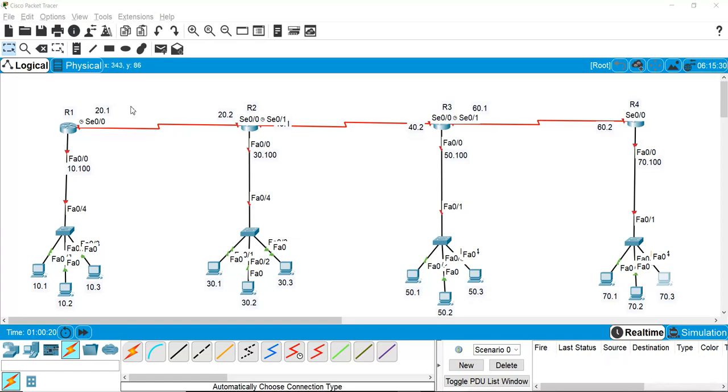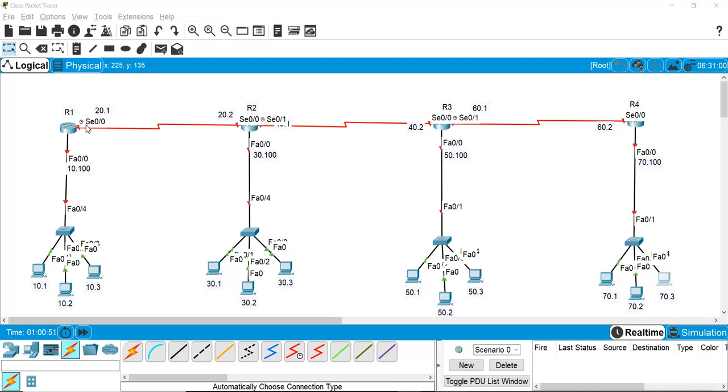We will configure these IP addresses on all these routers. Then we will see how we can do the communication. First I'm going to assign the IPs which I have decided on this router: for the fast Ethernet port I'm going to assign an IP from the same LAN network, and we are using one network IP on the serial interface to connect the routers together.